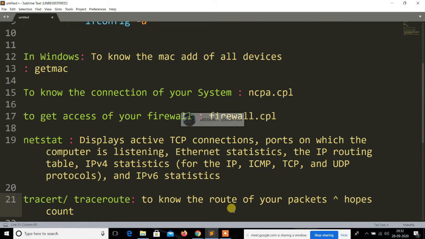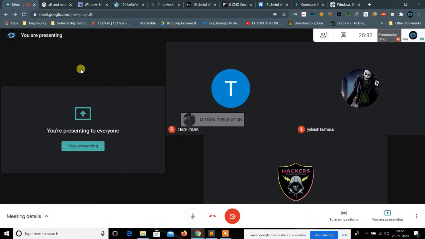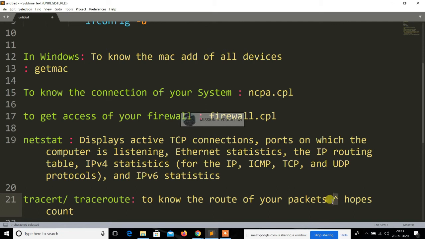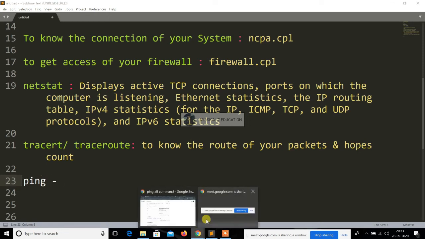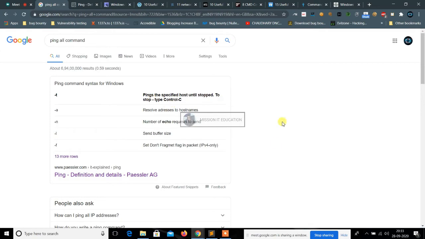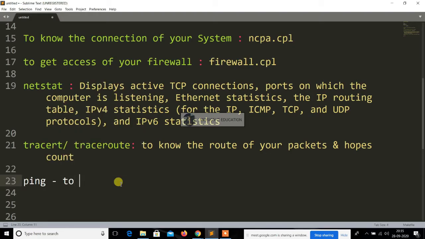Now the most common command, as you all know, is the basic command that is very helpful in every aspect. It is basically used to check whether the connection is live or active or not. It is a common command in Linux as well as any operating system, Windows, Mac, everything. It shows whether the connection is active, and whether the website is active or live. That is the ping command. Ping means you can connect with someone, and it shows the connectivity of a particular server or website.